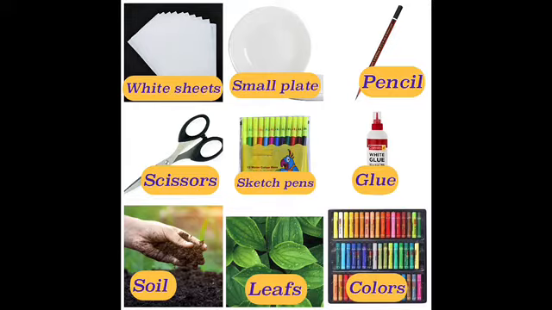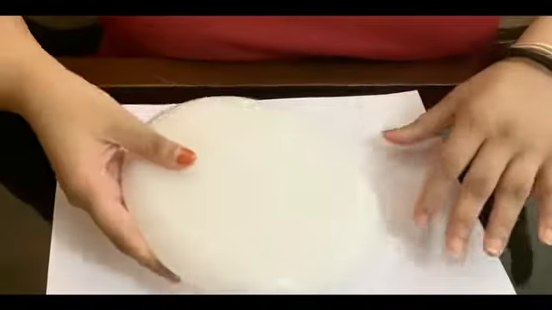white sheet, sketch pens, colors, some plants or leaves from your balcony or garden, some dirt, and you will require scissors and glue. Now let's start making the food cycle. For this you will require 2 white sheets. Keep them together like this. Now take a plate, keep it in the center,